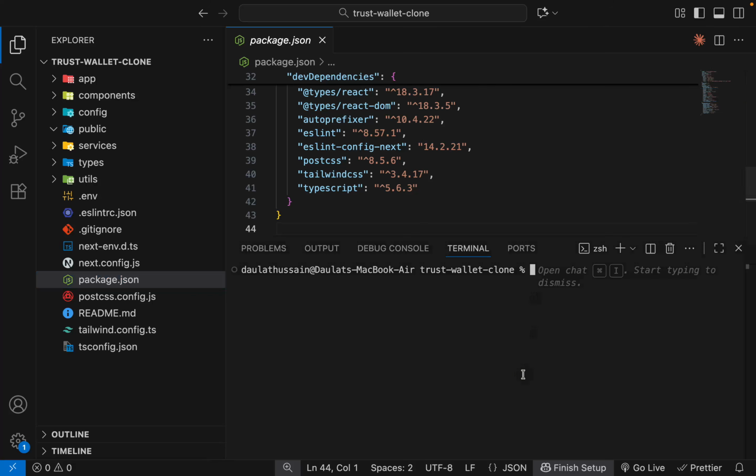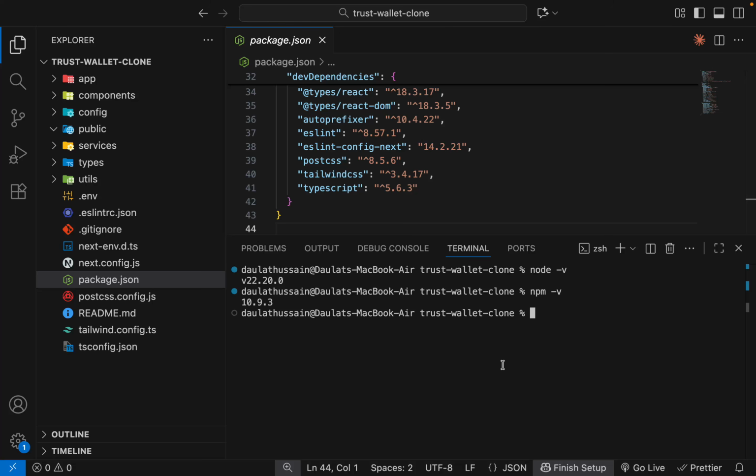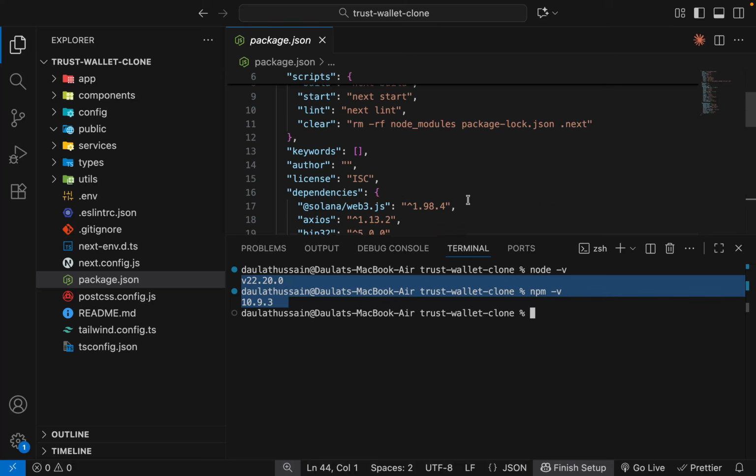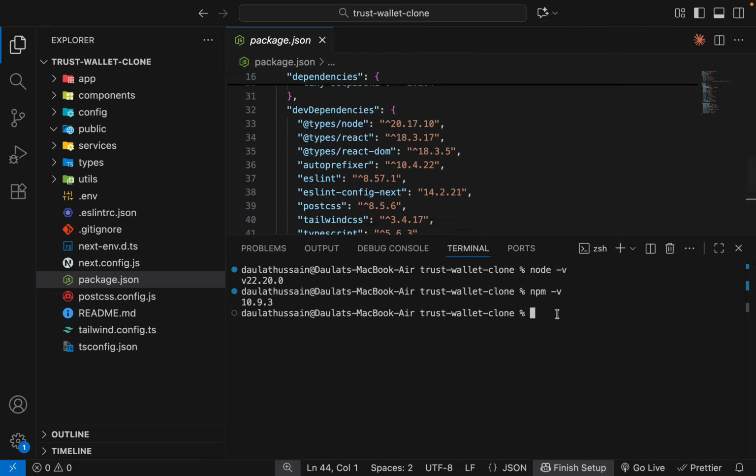So open up your terminal, and first let me show you the node version which I am using. So it's the latest one. It's working absolutely fine. If I show you the npm version, it's absolutely fine. So maintain this version, and every single thing would be working fine, because all the packages which I have used are very much compatible. So let's type npm i or install, hit enter, and it's going to do the installation of